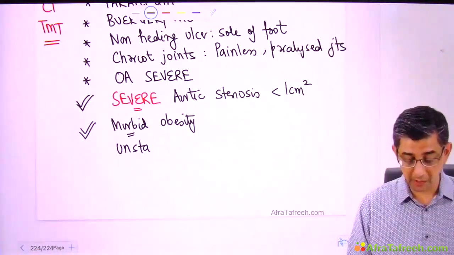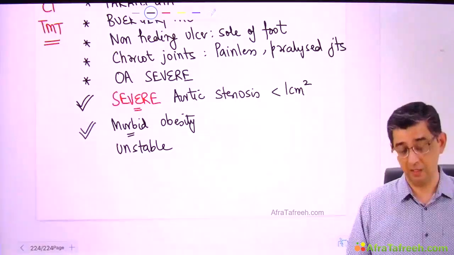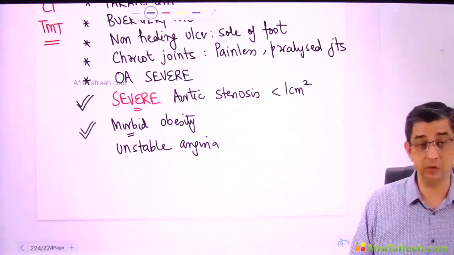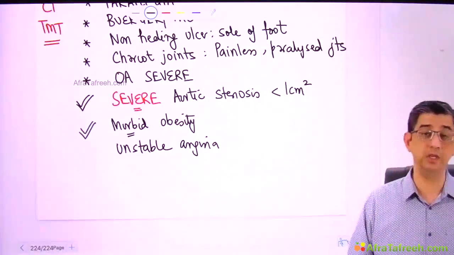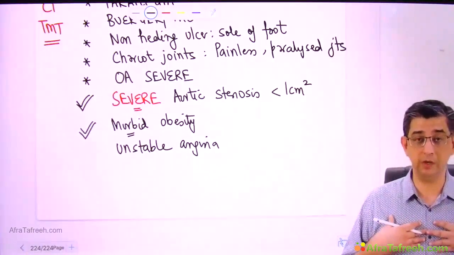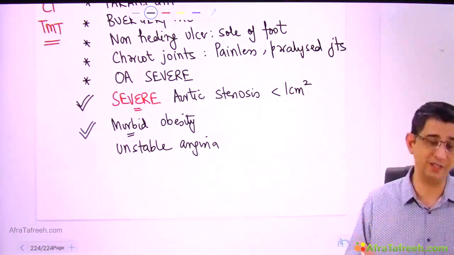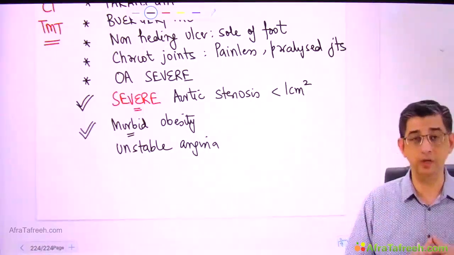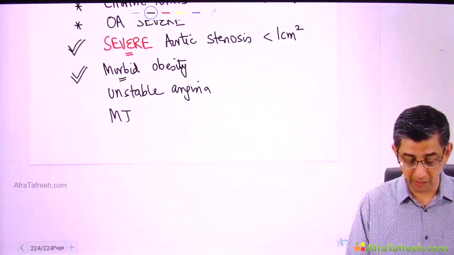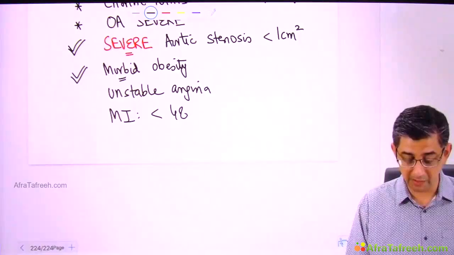My next patient is having chest pain at rest. This person is having unstable angina. We are using a test for diagnosis of chronic stable angina. Unstable angina is chest pain at rest. I mean, how to remember it? If somebody is having chest pain at rest, you as a doctor will not be so heartless that you'll say, okay, get up, walk on the treadmill. Unstable angina is a contraindication. So is a case of MI in the first 48 hours. I mean, let him rest, let him recover.